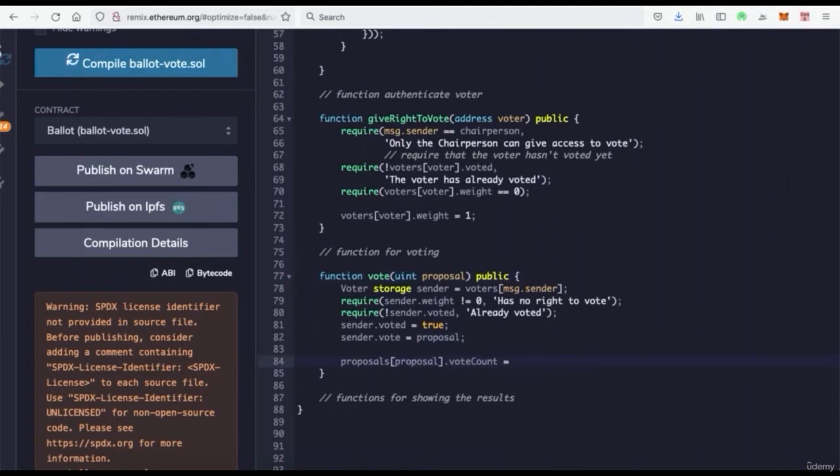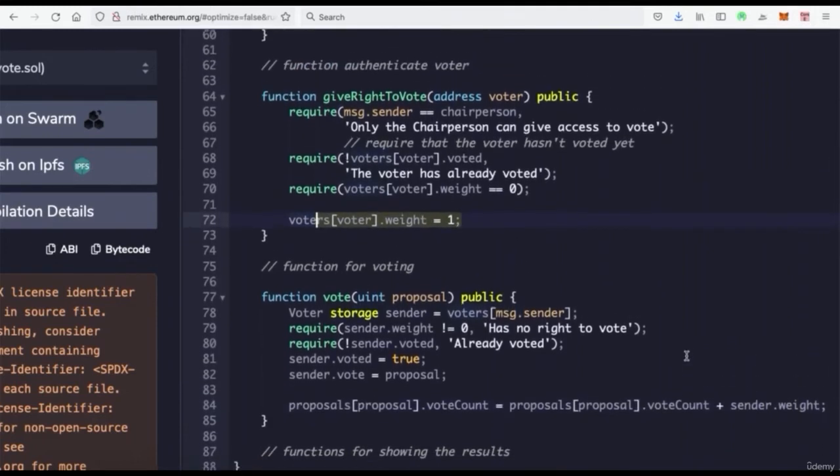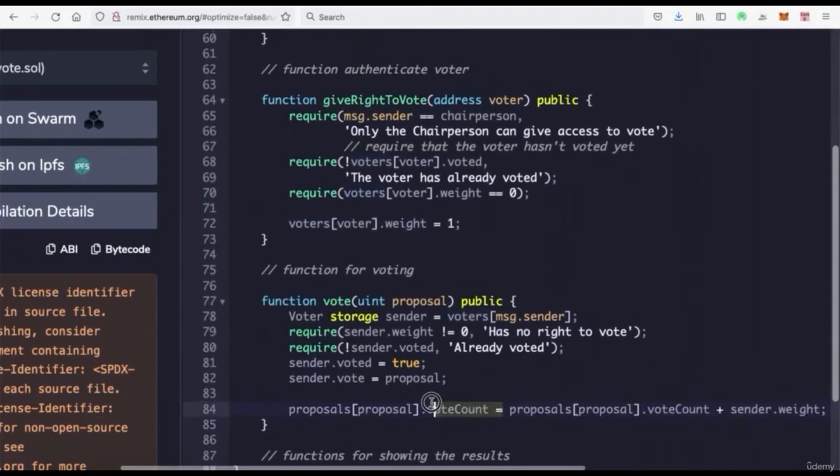And what do we want to make this equal to? Well, we want it to be equal to the same thing, right? The proposal's vote count, whatever we had previously, which would be 0, plus what? Well, we want it to be plus the sender.weight, right? So the sender.weight is the weight of the vote. And if somebody is voted for, if somebody has that weight to give a vote count for 1, then their weight of the vote counts as 1. And therefore, we can just use the sender weight to add to the proposals in order to keep track